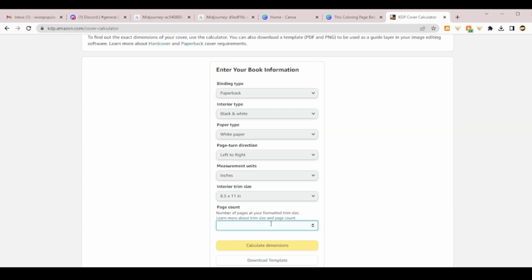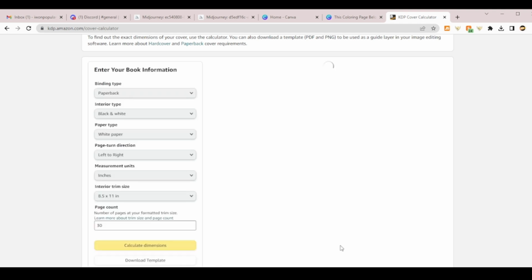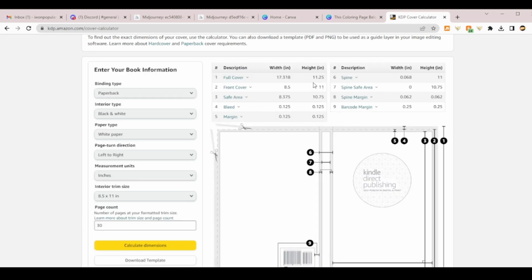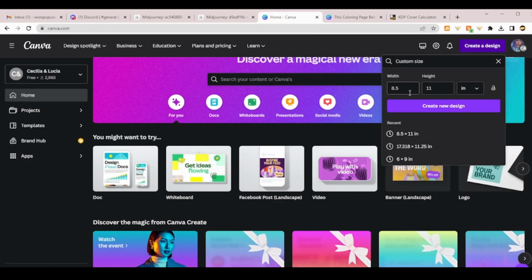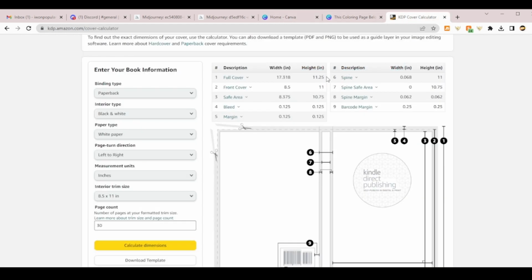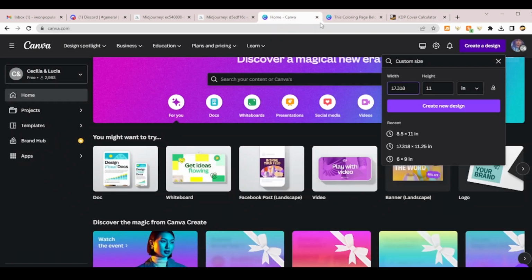Then our book is, let me say, 30 pages. Then you click on calculate dimension. It's going to give you what you will use, 17. We are going to use this as our paperback dimension, 17.318 by 11.25 height. This is what we're going to use in inches to create our paperback cover. You can see,